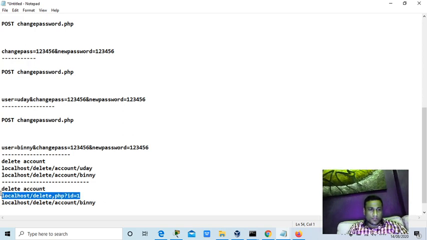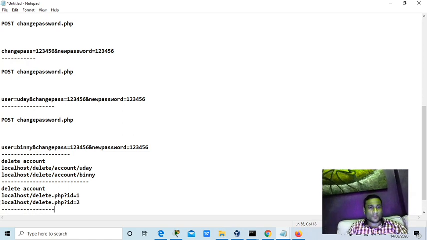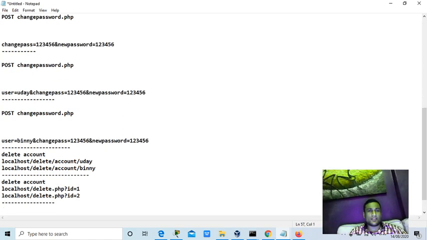Let's say this page is used to delete the account, then you can simply modify it to id=2 and that account gets deleted. So insecure direct object reference is not just for reading other users' data, guys. It can also be used for modifying other details, deleting others' data, changing others' passwords, changing others' photographs, reading other files on the server.